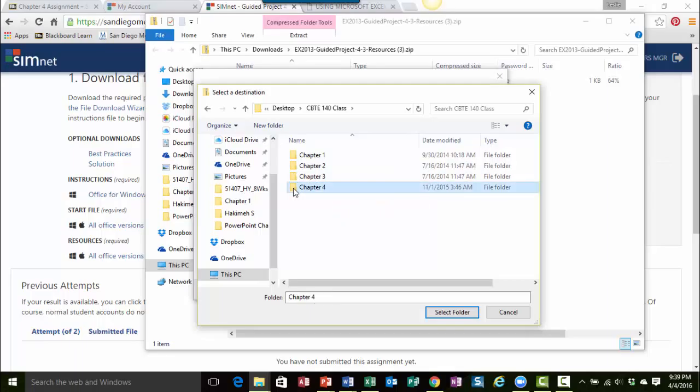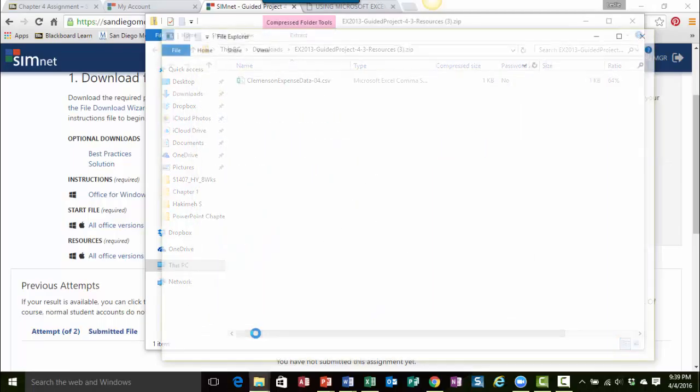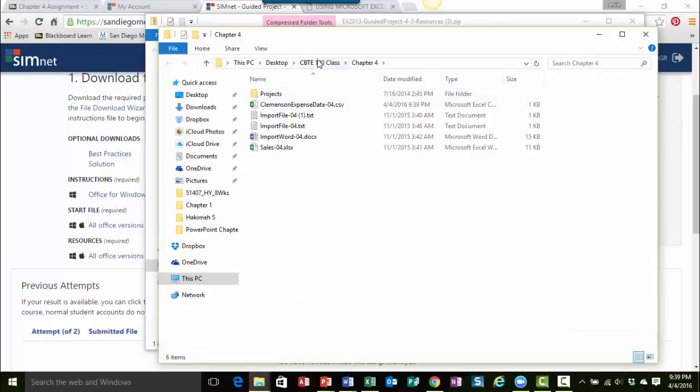I double clicked on that, I'll say Chapter 4, then select folder. Now I've told it the location, and I want to click on extract. Okay, good. So it automatically takes me over here, and you can see here's the file that I just extracted. Now I will be able to use that in my project.